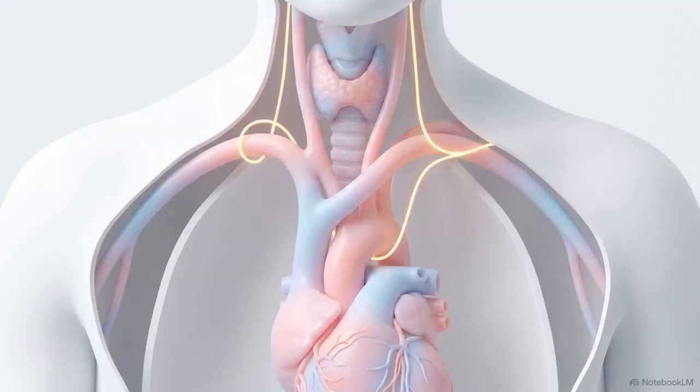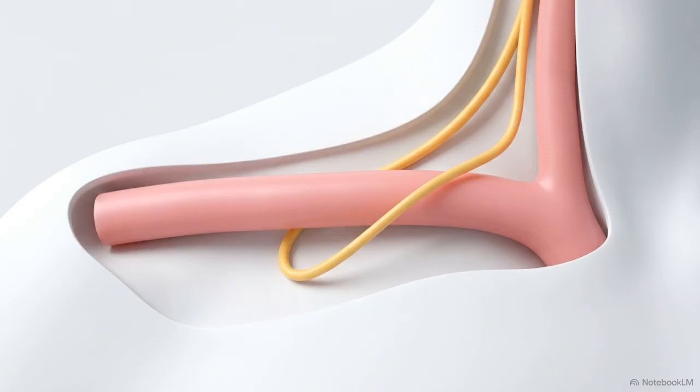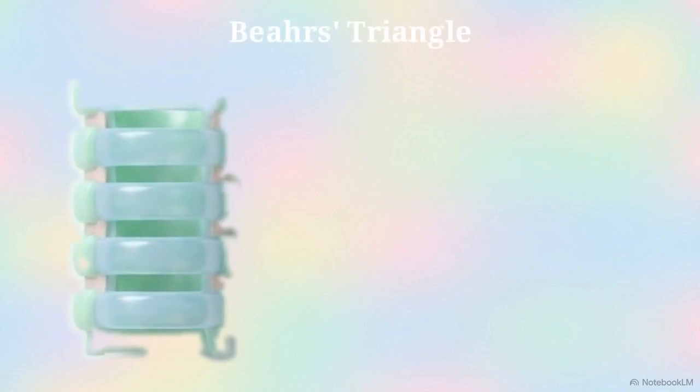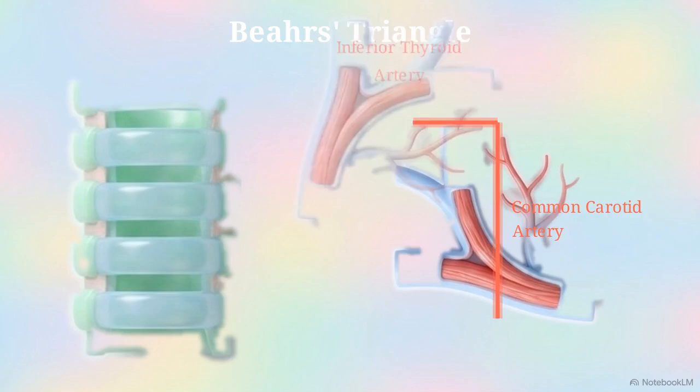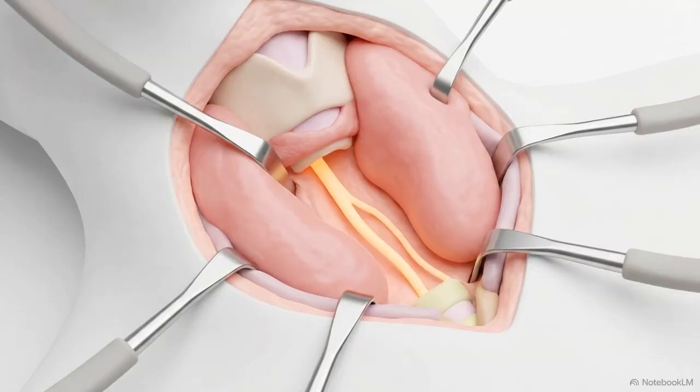Because of its embryological development, this nerve is asymmetrical. On the left, it recurs around the arch of the aorta and runs medially. On the right, it loops around the subclavian artery, taking a more oblique path toward the larynx. Surgeons navigate this area by locating Beahrs' triangle. The carotid artery, the inferior thyroid artery, and the recurrent laryngeal nerve form the 3 borders used to isolate the nerve's path. While the clinical goal is removing the pathology, the technical challenge is preserving the patient's voice by respecting